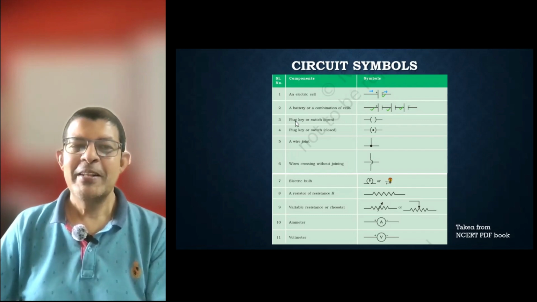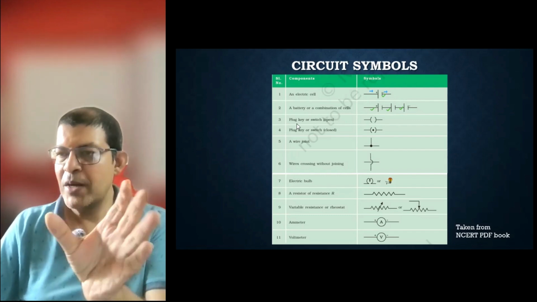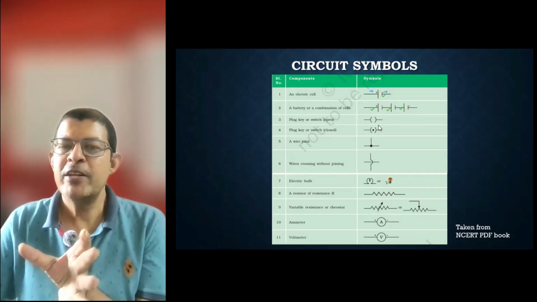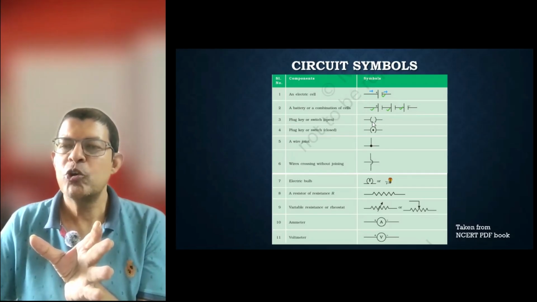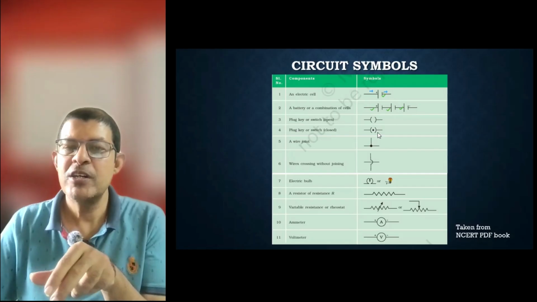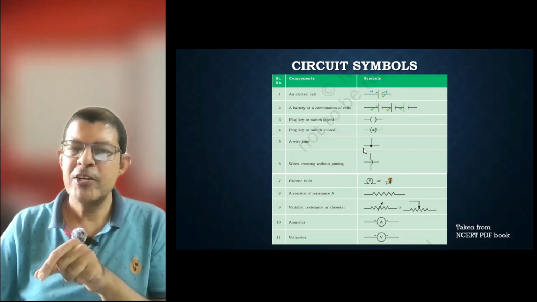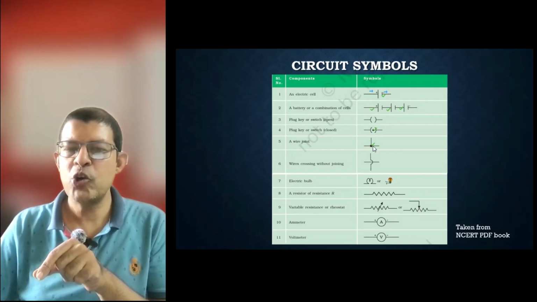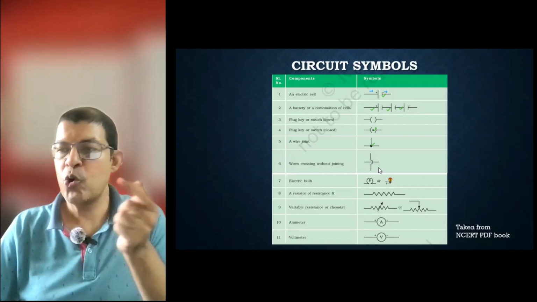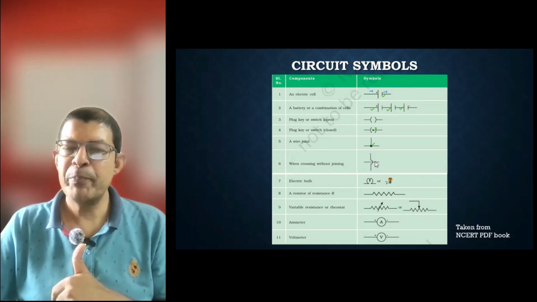Okay. Then if a plug is meant to be open, then we show it open here. There is no dot in between. If you want to show it closed, then you see a dot here. If it is a joining wire, then it is shown as a dot here. This is a joint, right? These three wires are joined by this single dot. If you want to show that a wire is not joined, it is jumping over the other, then it is